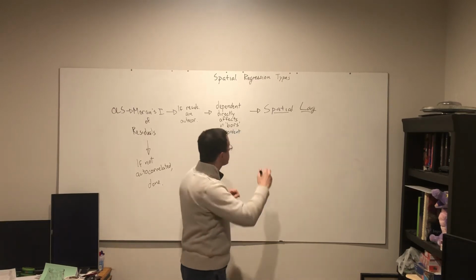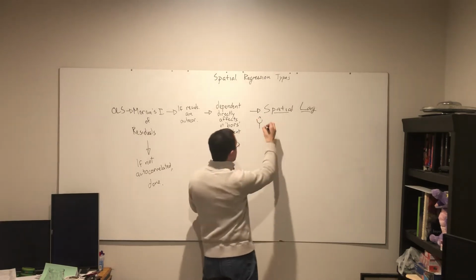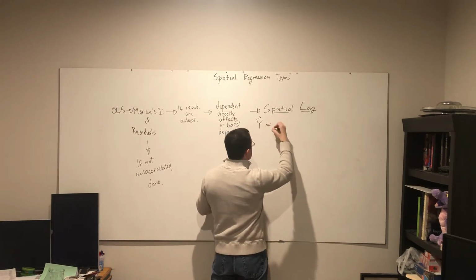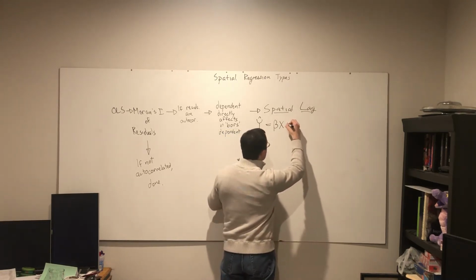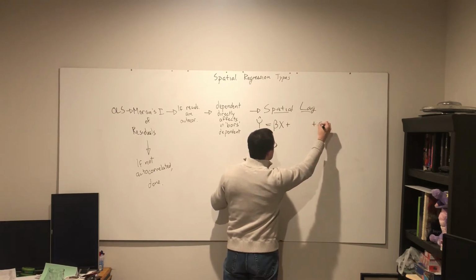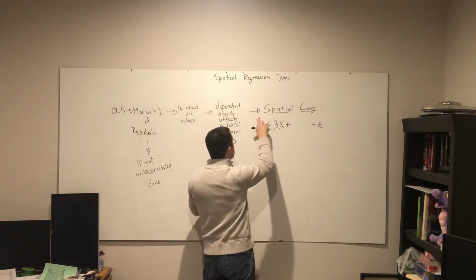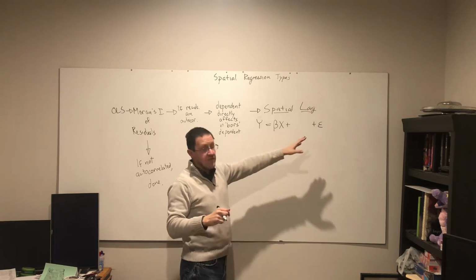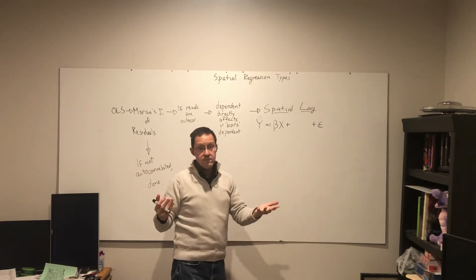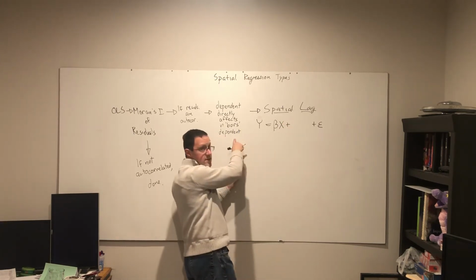So the first one: our estimate of y hat, we still have our coefficients, beta x, and we still have an error term if we are then saying y instead of y hat. So y is beta x plus error, that's ordinary least squares. We now want to get space in here. If I'm positing a direct connection,